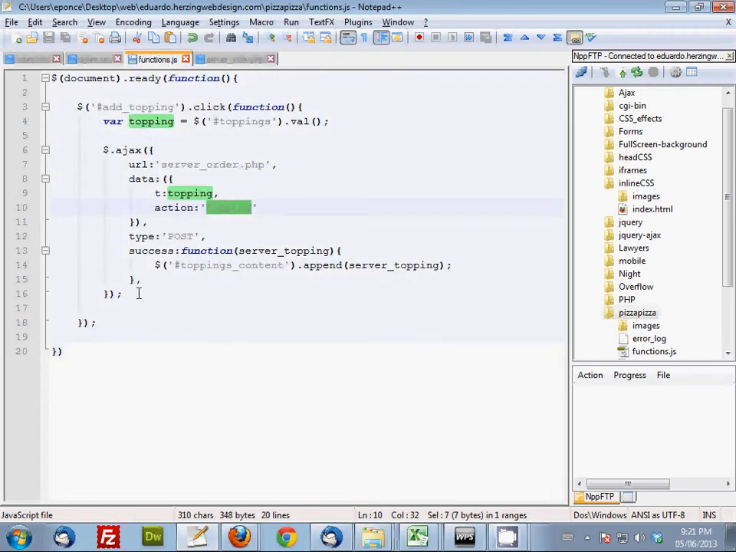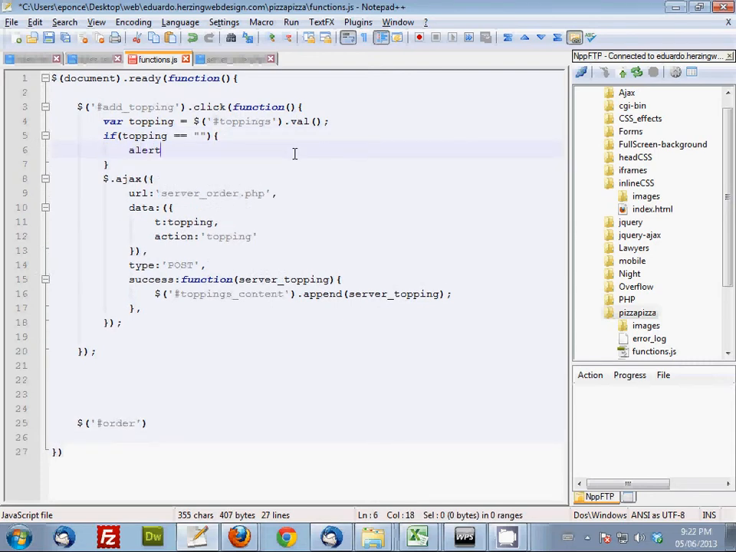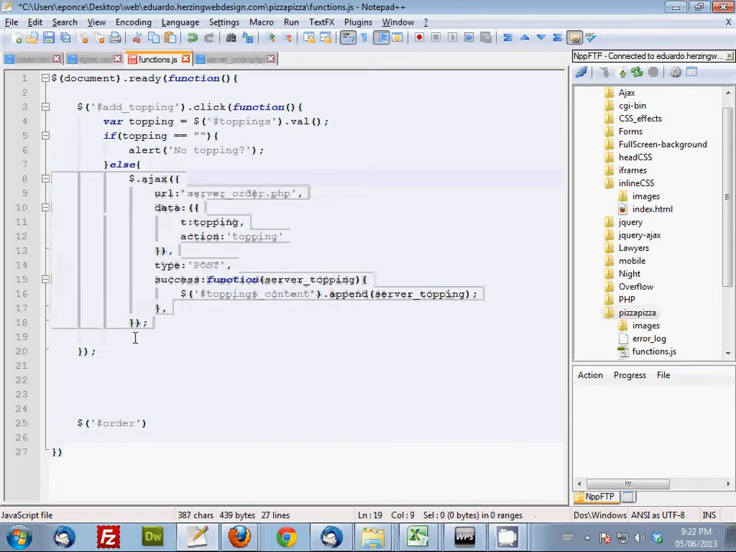By the way, I was supposed to validate and everything, right? If the topping is empty, some simple validation. If it's empty, alert. If it's not empty, then go ahead, put it in. All right. So order dot click